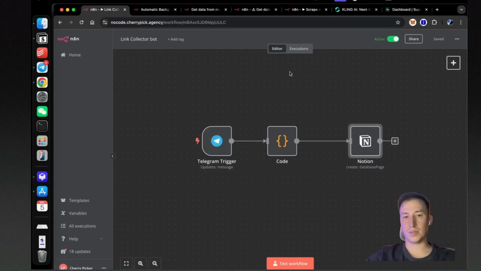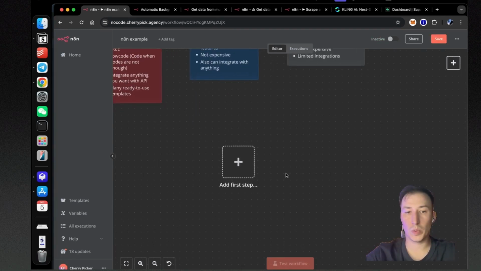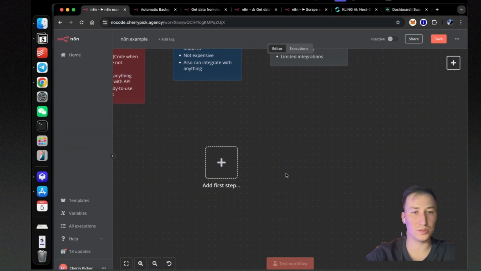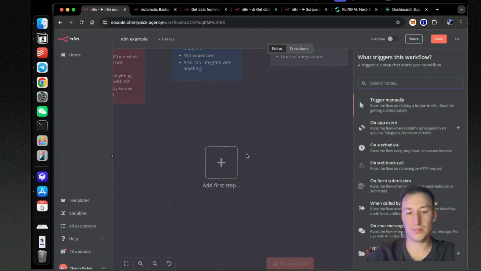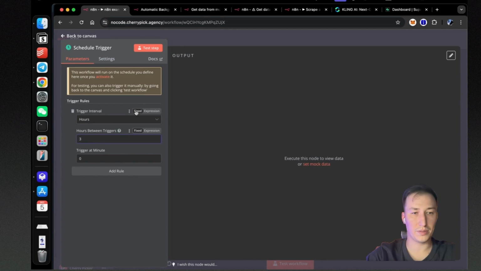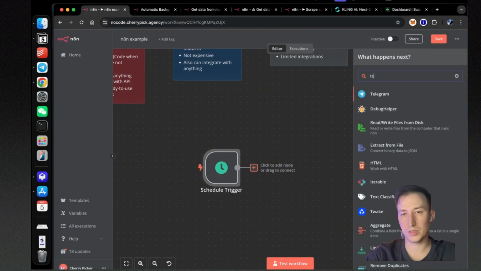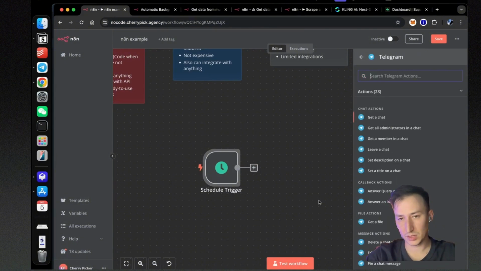That's really simple, just 3 nodes, and it works every time. So, for example, let's build a quick bot that I just have a weird idea that I want to build. What we're gonna do is just make some scheduled trigger that every, for example, 3 hours, let's do 1 hour for now, will send the Telegram channel, to be exactly correct,